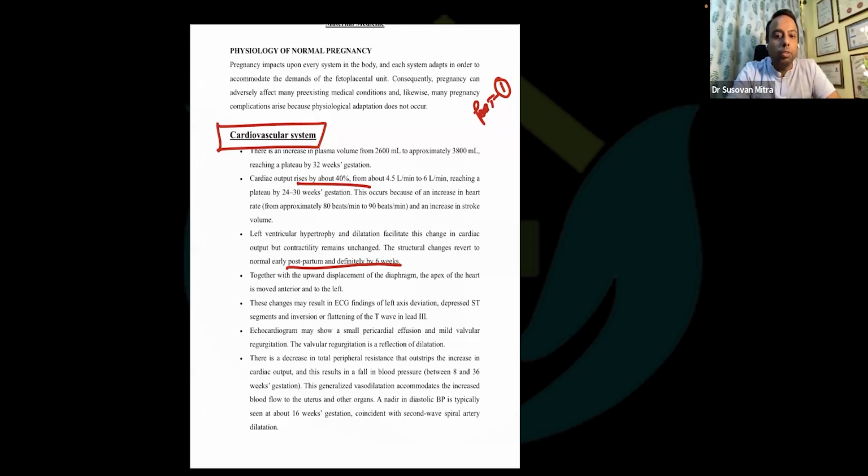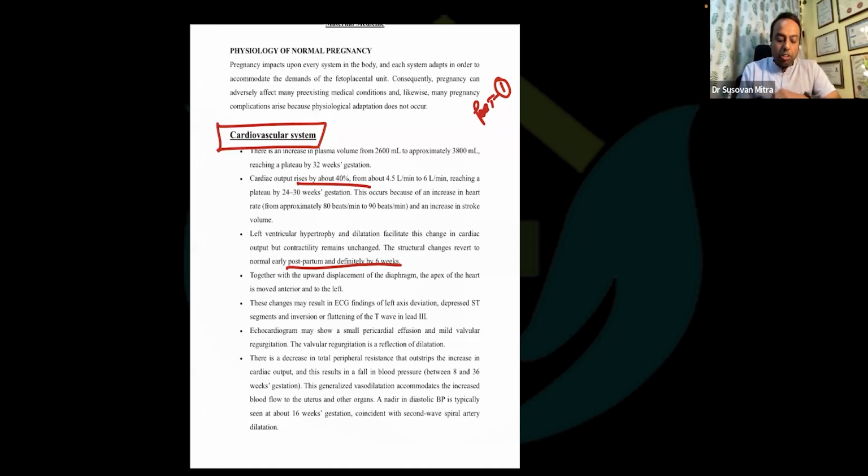And this is because you have an increased stroke volume, which will persist up to 6 weeks. But in the second stage of labor, it won't go to peak. And because the capillary wedge pressure is not increasing, because SVR and PVR are decreased, they are prone to develop peripartum cardiomyopathy. I'm not going to detail each thing about how cardiomyopathy happens in pregnancy. I will deal with only the exam related questions.